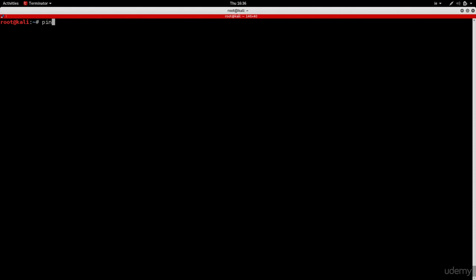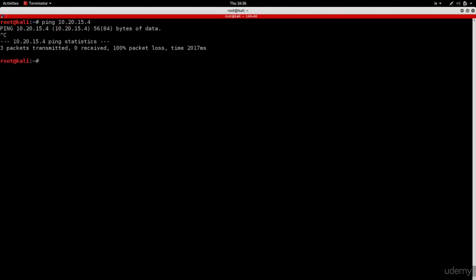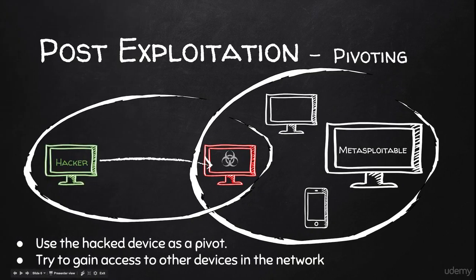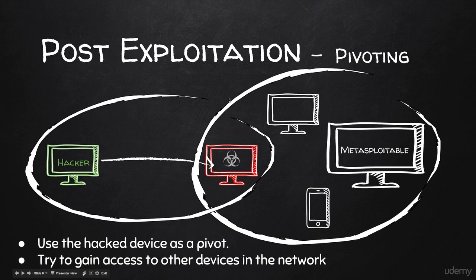If I ping 10.20.15.4, you'll see that it sent 3 packets, 0 received. Again, these two devices cannot see each other because they're in 2 different networks. So what we're going to do in the next videos is, we already have an access